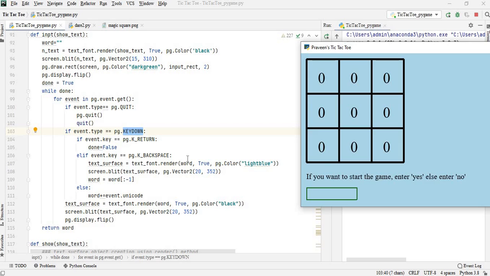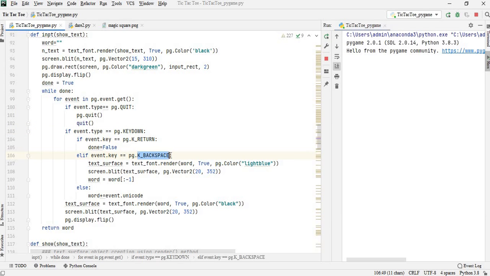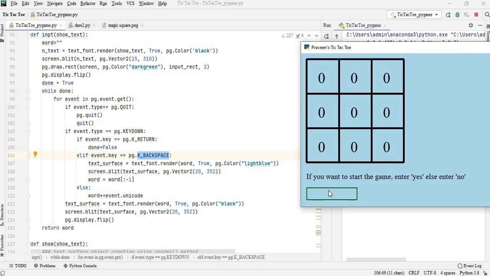And this is the backspace. We have also written the functionality for the backspace because unfortunately the user has given one more extra character which is not needed. He needs to eliminate that character, right? Backspace means one character needs to be deleted, right? So instead of replacing the entire word, I am writing the same word in the light blue color because light blue is the background color, so it will be mixed with the background and the word will be changed.